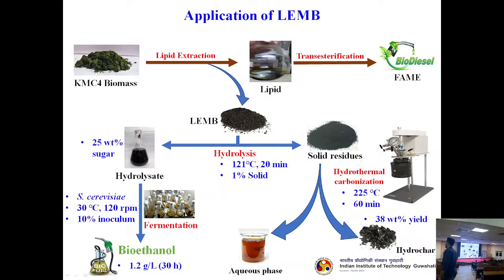But you see that here, 1.2 grams per liter in 30 hours, and 38% yield of hydrochar looks a little less. Why? Because we are producing this from waste, which people were anyway throwing away. So basically it is waste to resource recovery. When you scale it up, that 1.2 grams per liter will become 120, it will become 1,200. It is a scale of business basically, right? So this is from a small 10 ml or 5 gram, 2 gram scale like that.